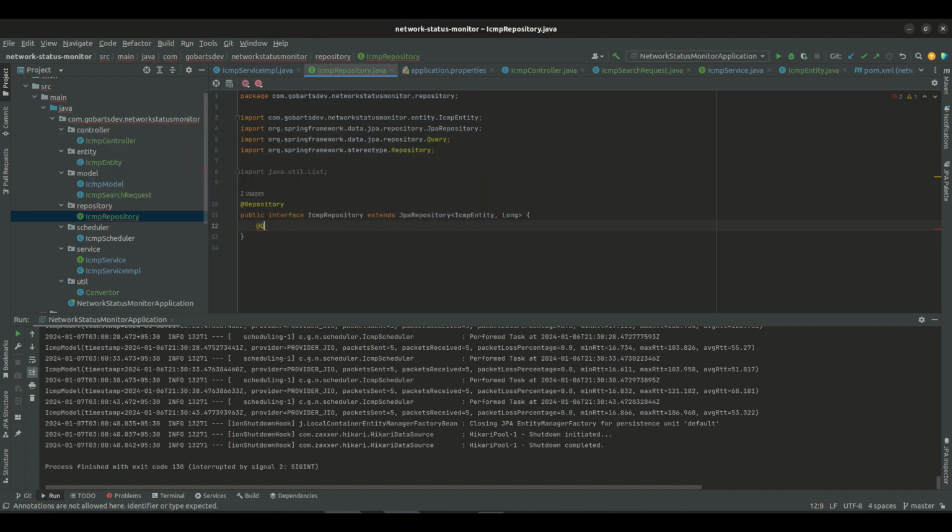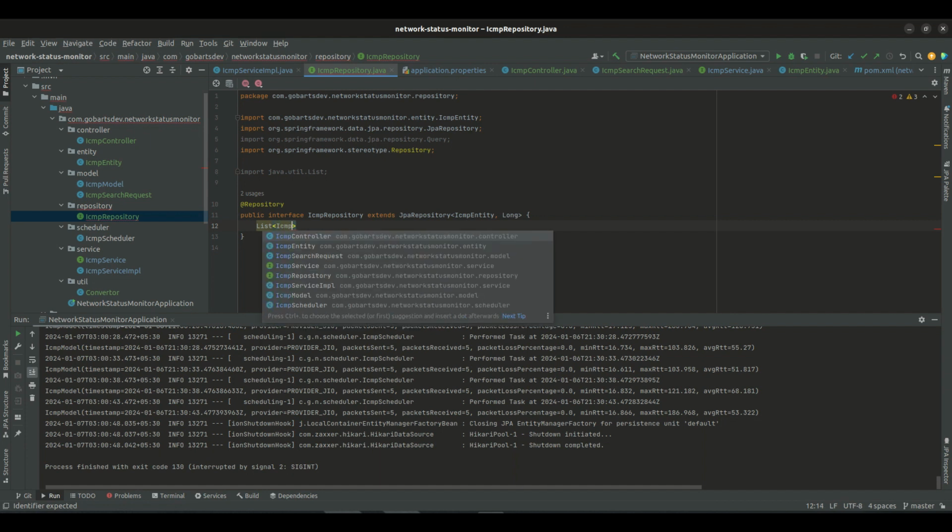The second way is you can tell the JPA in a certain way, like you can use a naming convention in the function name itself, and then the JPA will be deriving a query for you from the name. So let me create a function which will be giving me a list of entity,